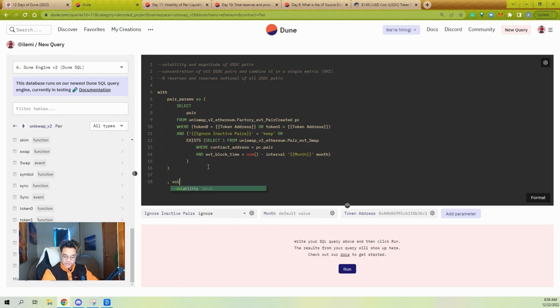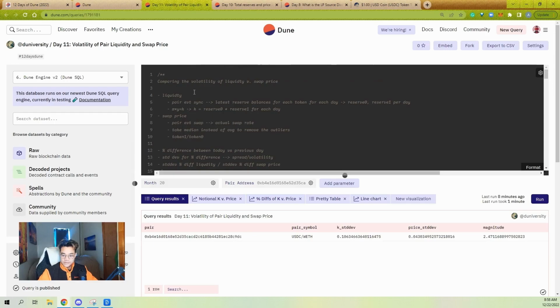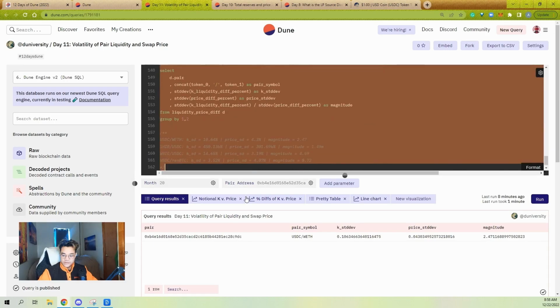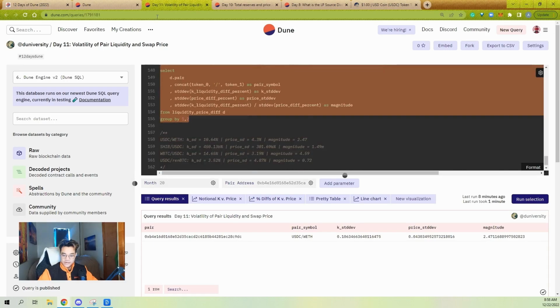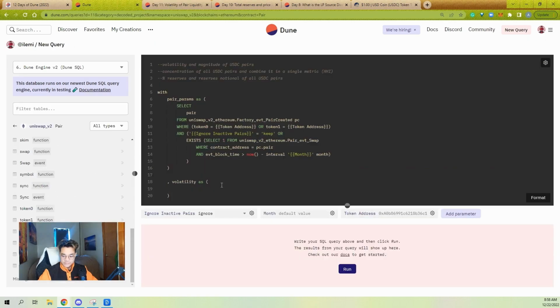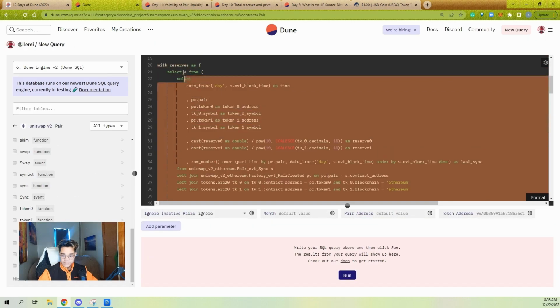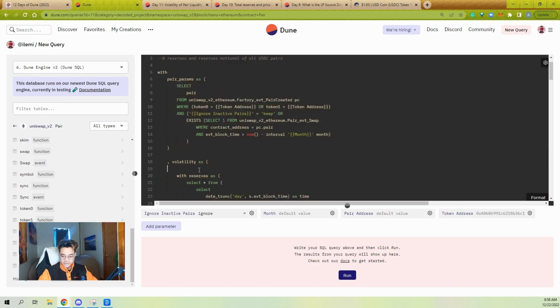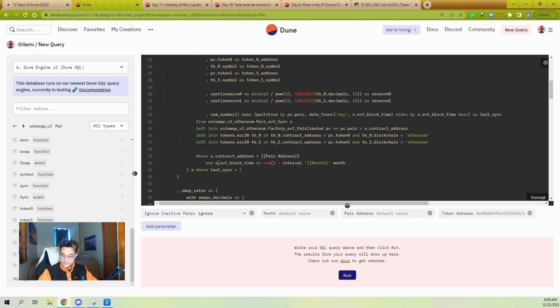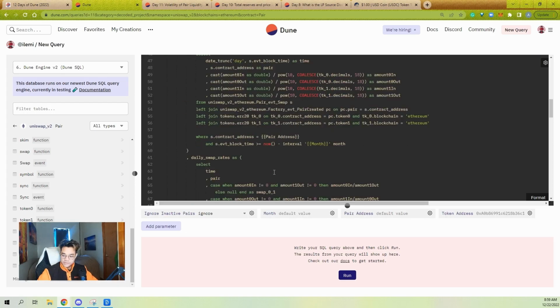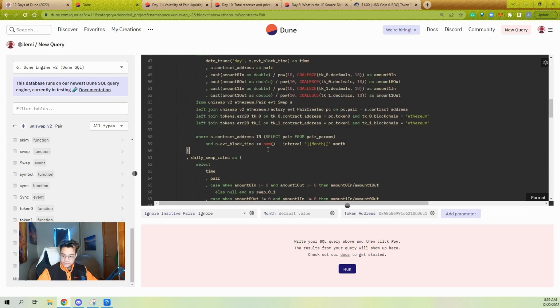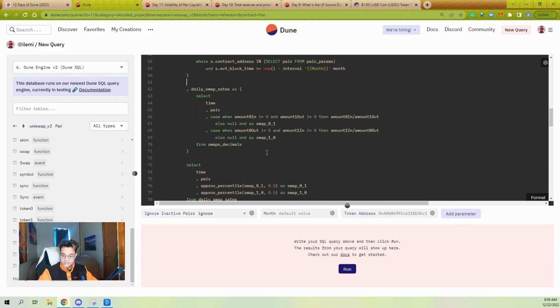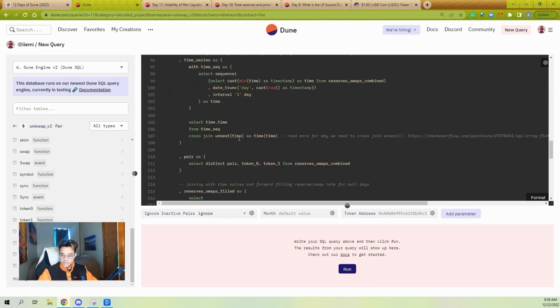Now let's bring in volatility. And I'm just going to go to the query Jackie went through yesterday and essentially just copy paste all of it. So this is going to be the easiest one for us to bring in because there's basically no work we have to do here besides saying where contract address is in, select pair from pair params. I'm going to do this again down here. And the only other thing we want to add